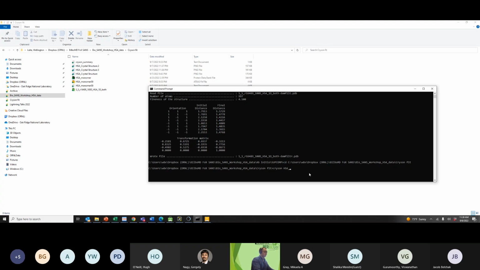HSA monomer one.pdb, and you fit again, var subtract data as s underscore s. Okay. Now one thing you need to do is say what was the